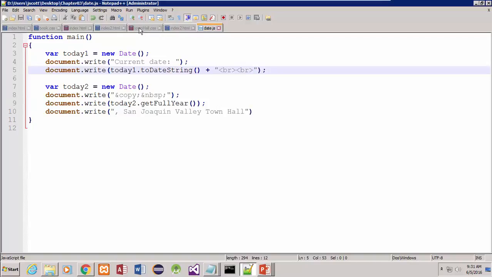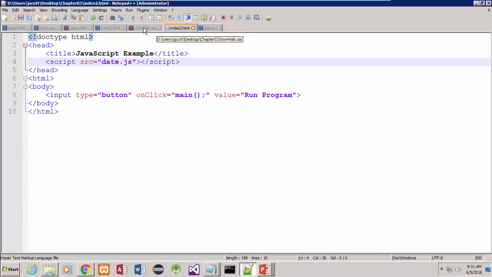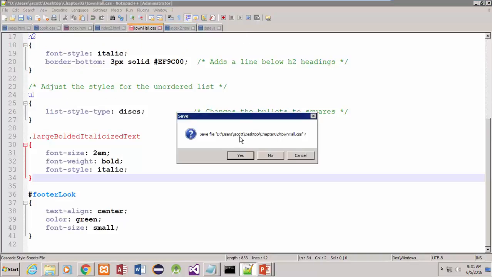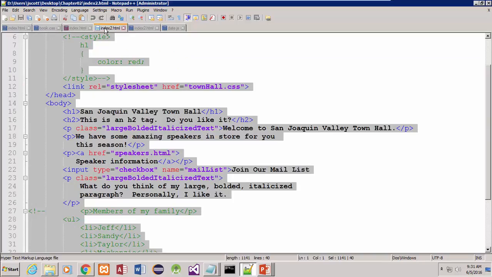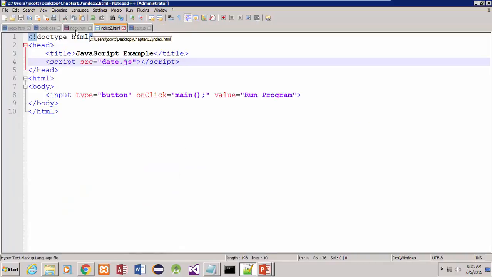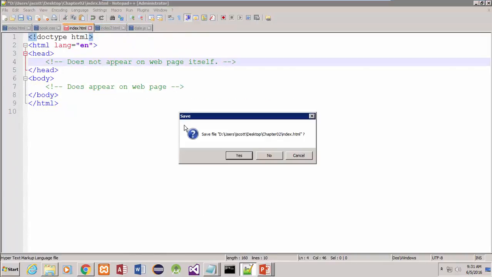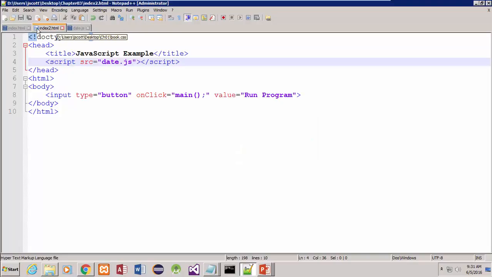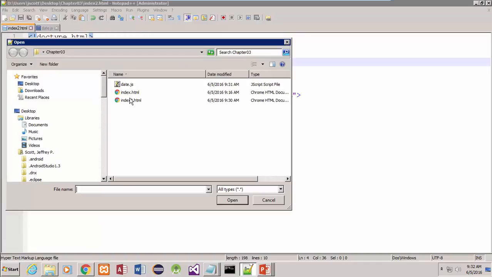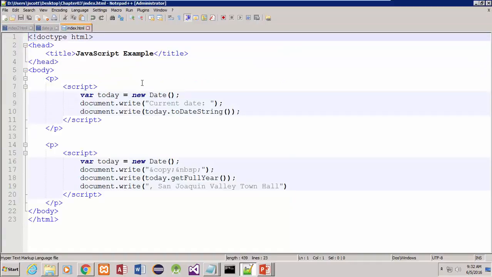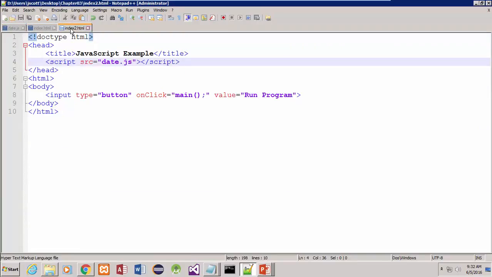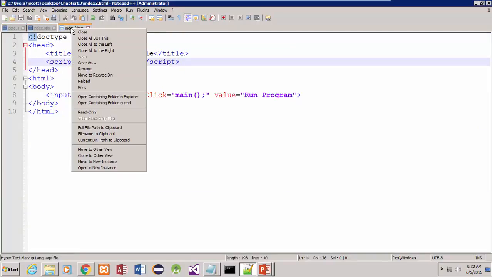So let's take a look at the first one we did, and then the second one that we did, okay? So we don't need that town hall anymore. Save the file, sure. We don't need this one. We don't need this one. Or that one. Or that one. But I do want to bring up, so I'm going to open the original index file. All right. Now, I should be able to take my index 2, which is the other one, right mouse click on here, and choose